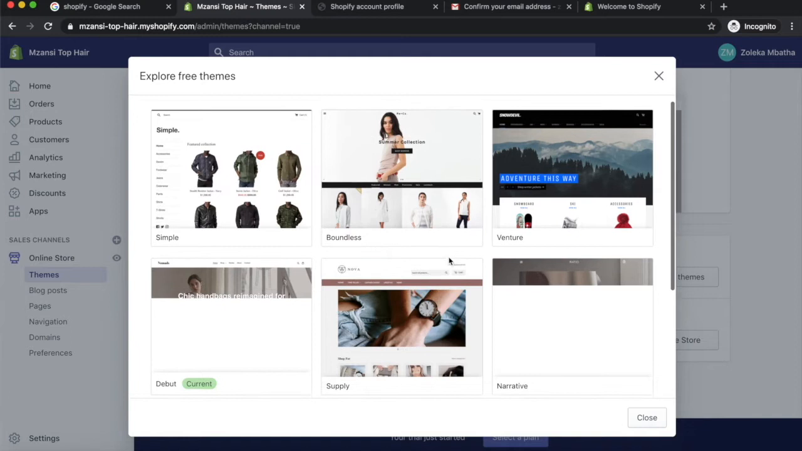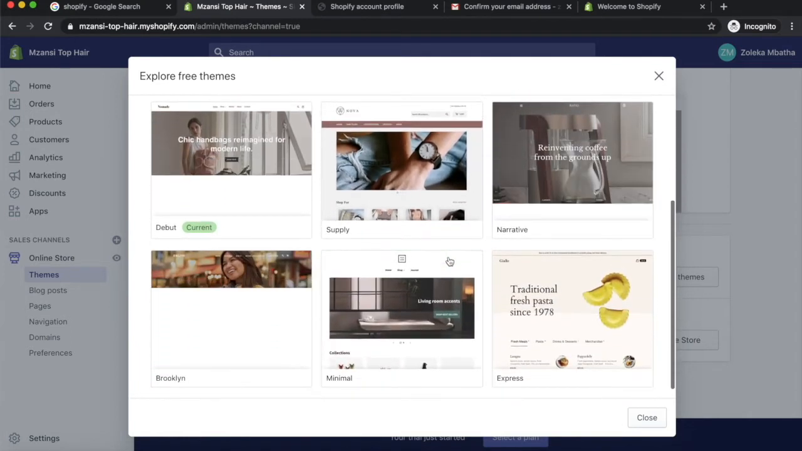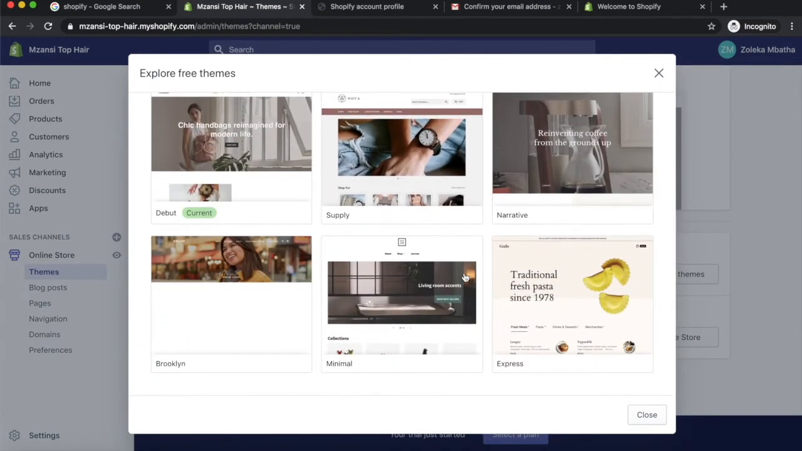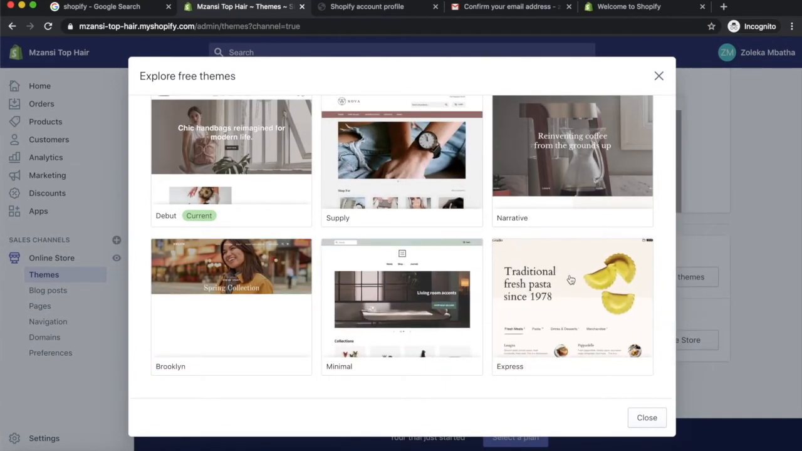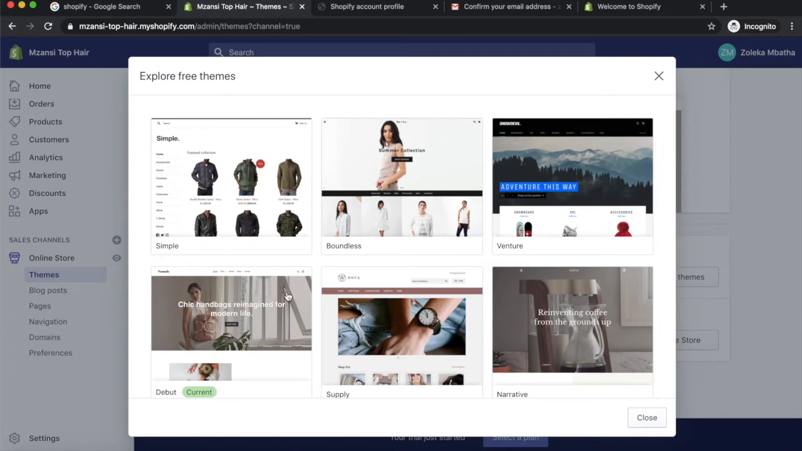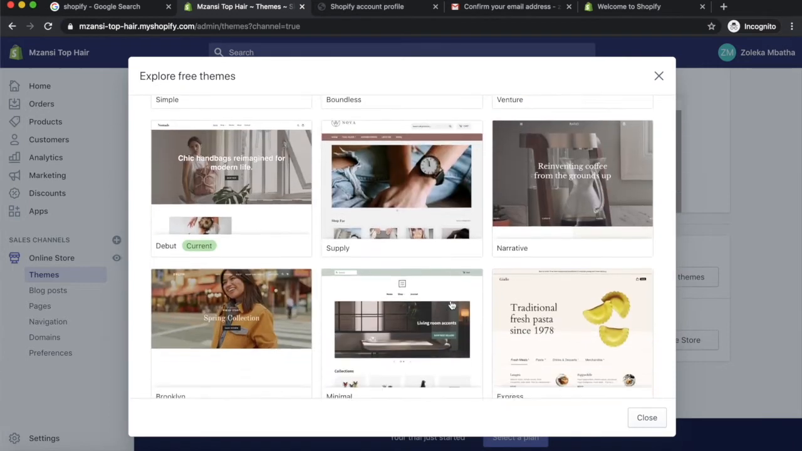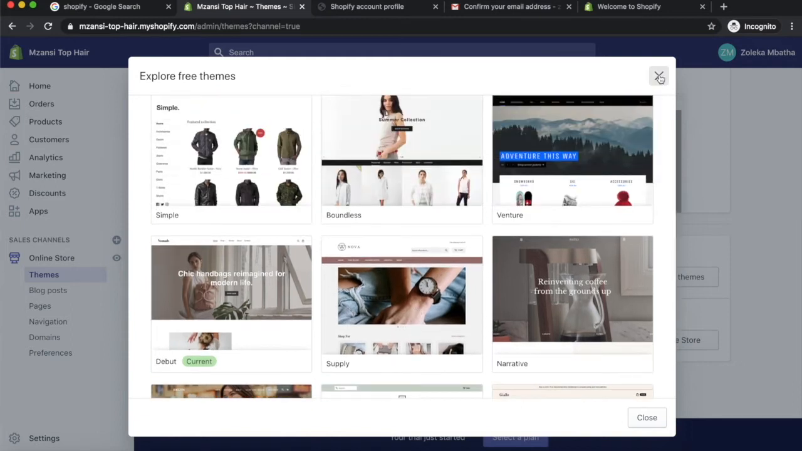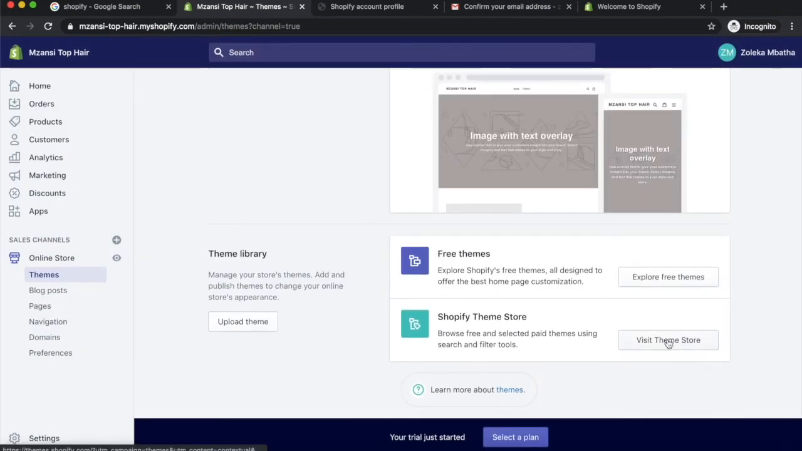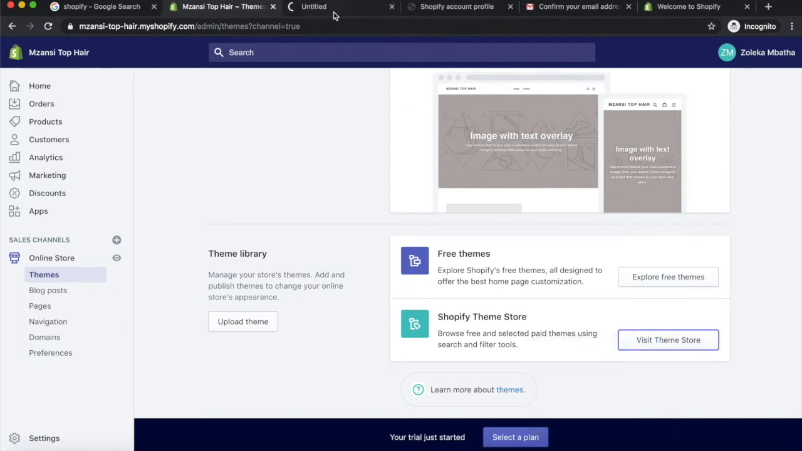So this is all the available themes you've got that you can use for free on your online store. Okay, I like that. It isn't a lot, I know. You have like 1, 2, 3, 4, 5, 6, 7, 8, 9 free themes that you can choose. If you don't like any of these, you can go into the Shopify theme store and then you can have a wider variety of themes to choose from,